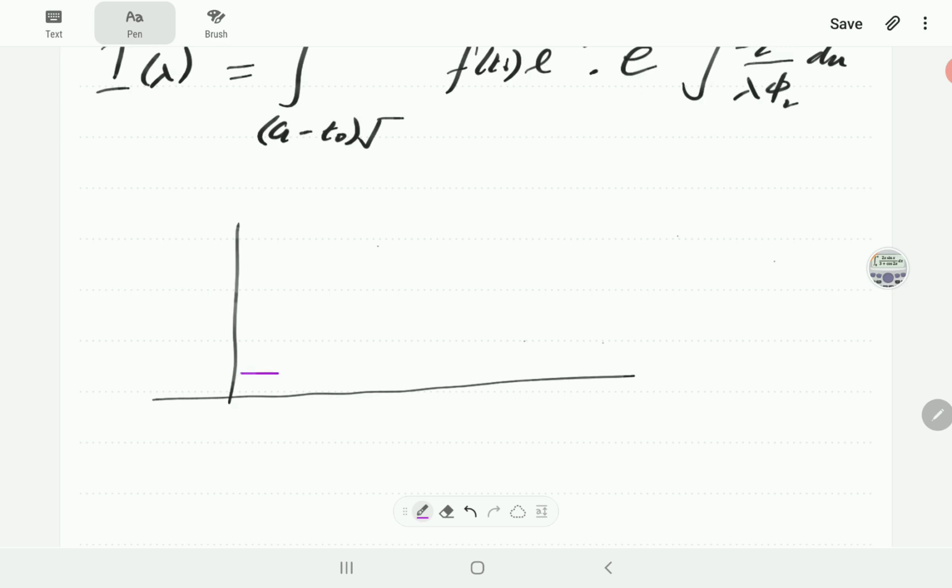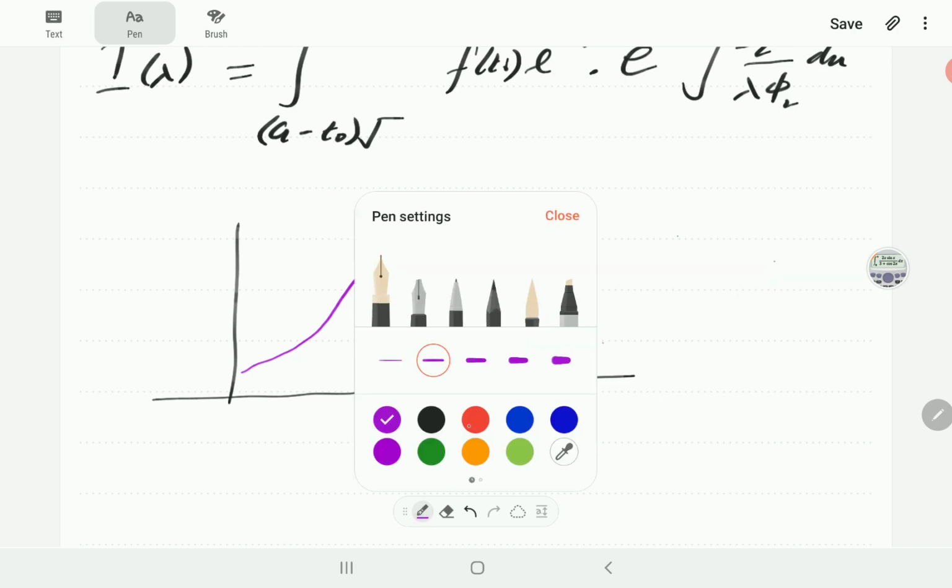If our function is a bit like this, for instance, then what's going to happen is that as lambda, so that's our phi, then